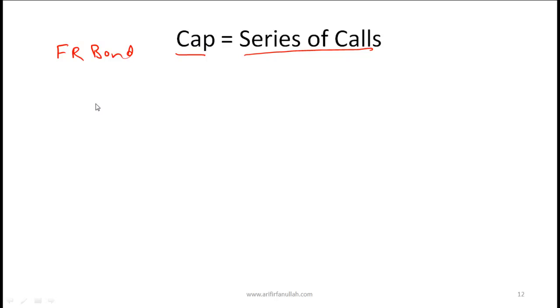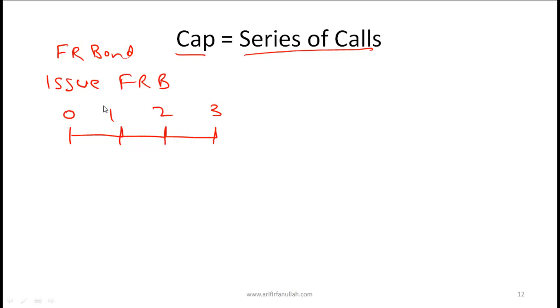Now let's say that you issue a floating rate bond, and just to keep things simple, let's say it's a 3-year bond, 0, 1, 2, 3, and let's say that when you issued the bond, the interest rate is equal to 10%,